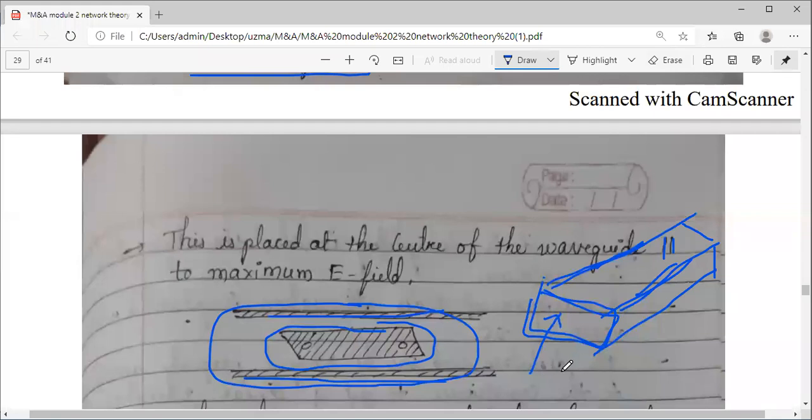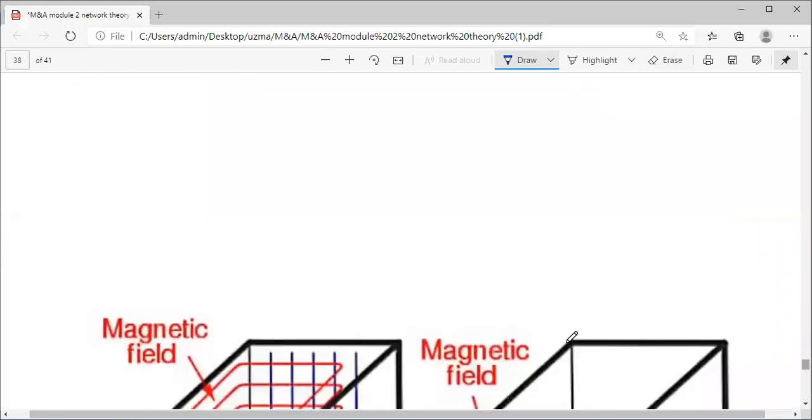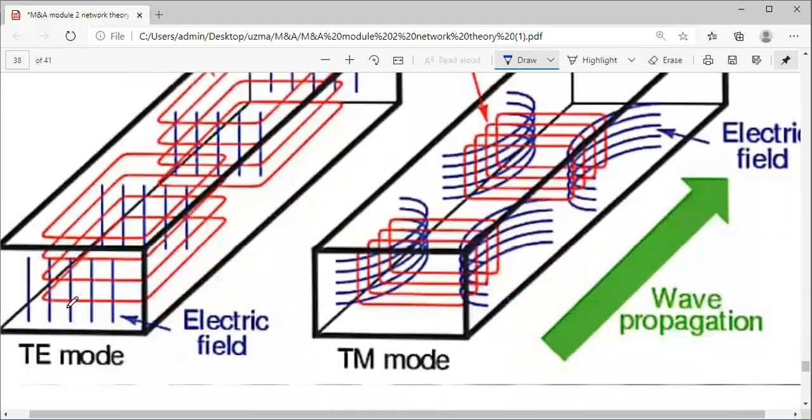Think about whenever a wave travels through this waveguide. A wave is nothing but an electromagnetic wave, so both electric and magnetic fields will be there. Let me show you how the fields will be inside the waveguide. You can see here, this is your waveguide. As I told you, whenever a wave travels inside, different modes are created. TE indicates transverse electric mode, and TM indicates transverse magnetic mode.